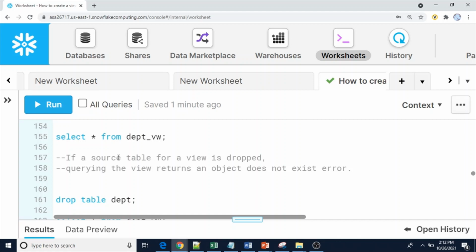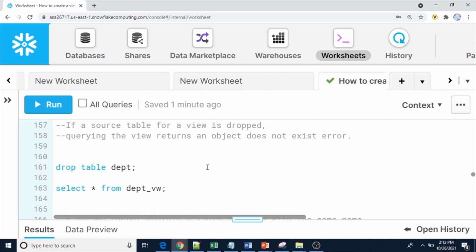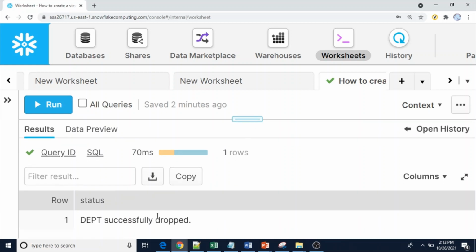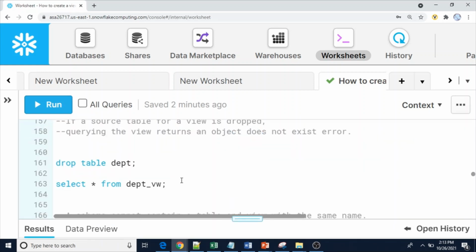Apart from that, we'll see that if a source table for a view is dropped, querying the view returns an object does not exist error. So let me drop the table now. Drop table DEPT. Table DEPT successfully dropped.